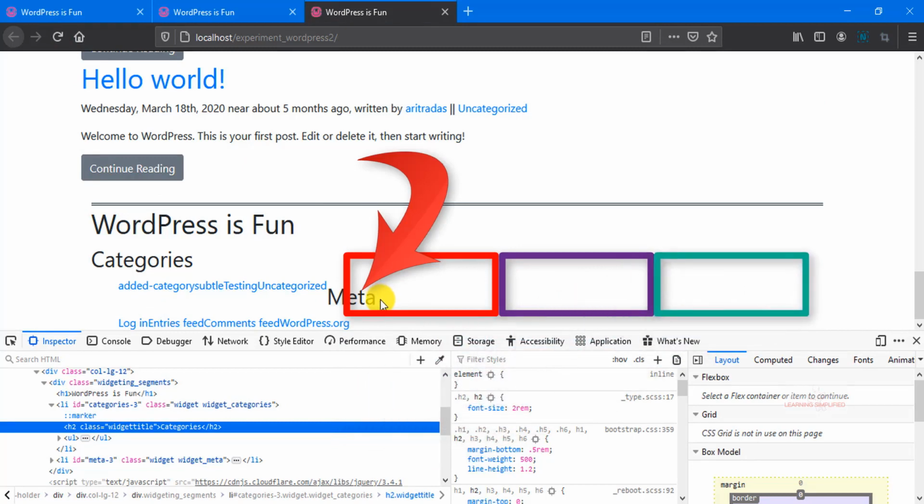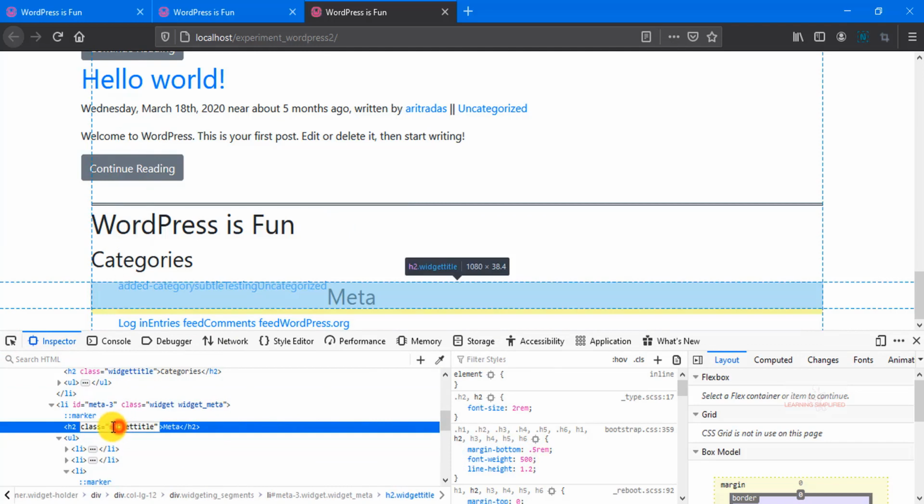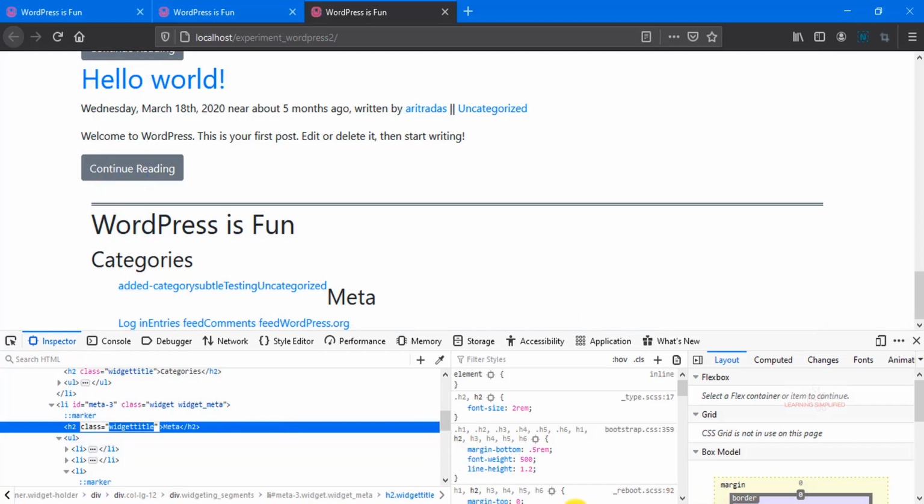The next thing is we need to make some provision such that this meta is now a little bit indented in the middle. This is the class like this one, widget title. Head back.